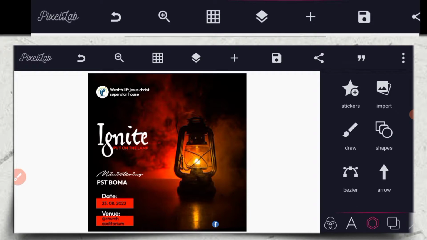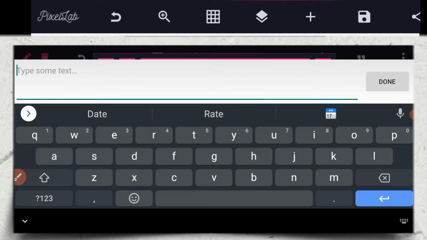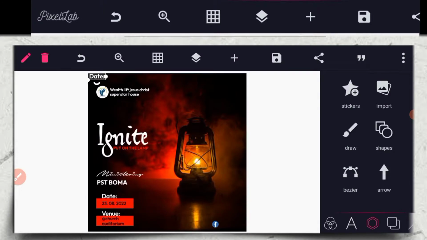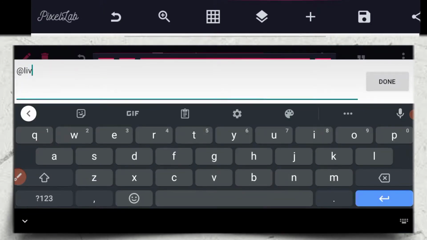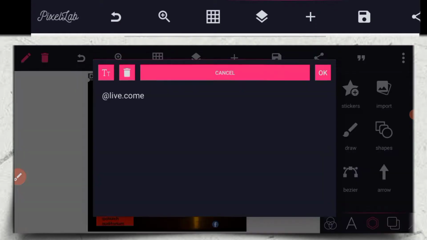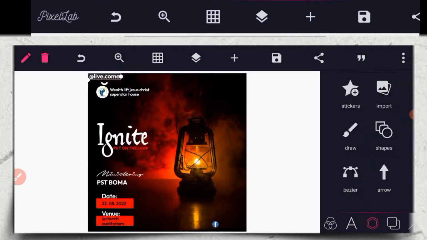Then you click on any one of it, maybe the date. Then you should write maybe at live.com. So let's check that there. That's the Facebook name as live.com. So good. So the next thing I want to do is to